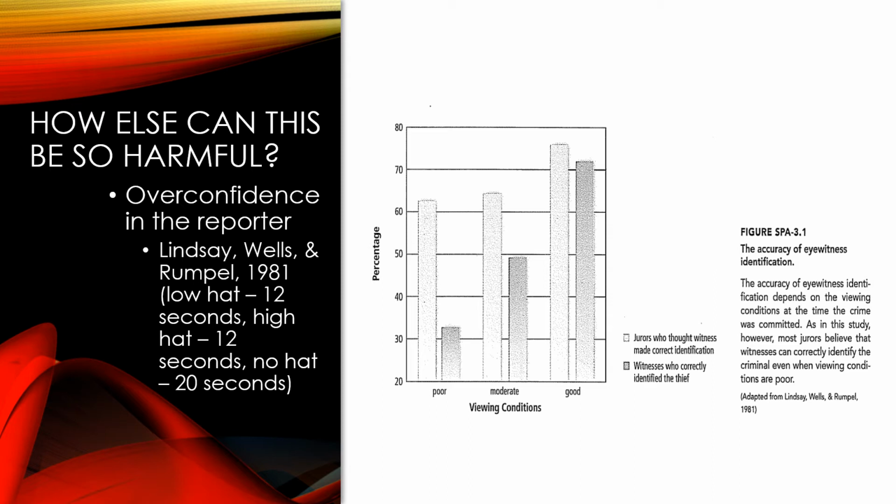For many participants, when they walked into the room, they'd see a specific person sitting in the front row out of a number of individuals, and this individual had one of three things on them. They either had a very low hat that was covering their face, a high hat that was simply resting on their head but allowed people to see this person's face, or no hat at all. This person either sat there for 12 seconds or sat there for 20 seconds in the no hat condition, that is.